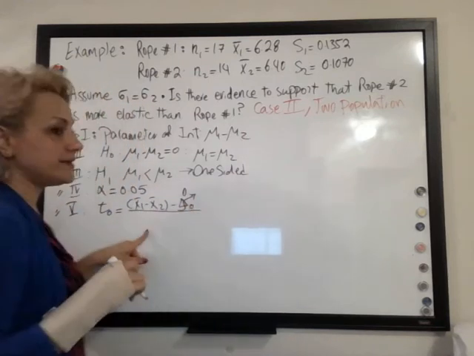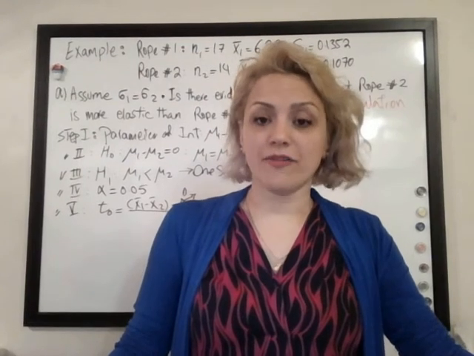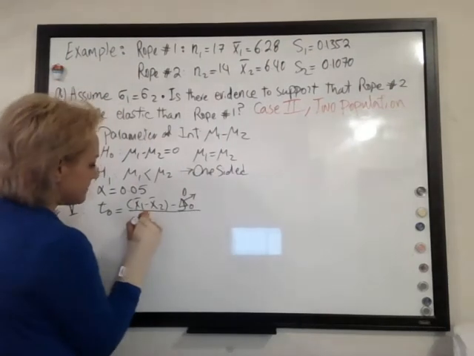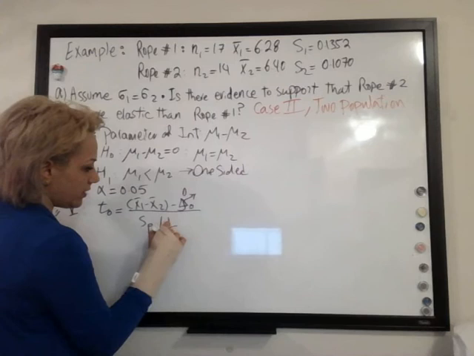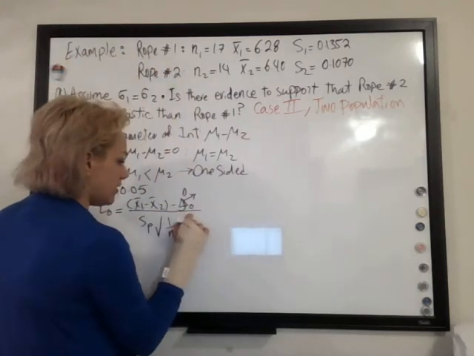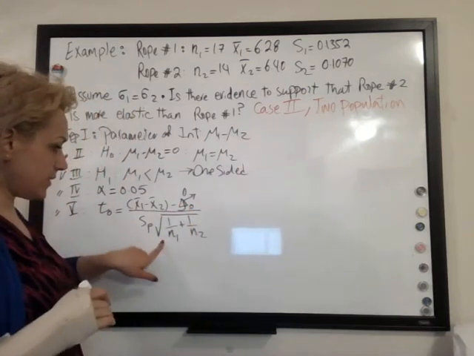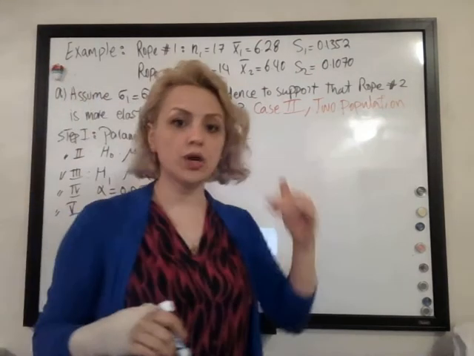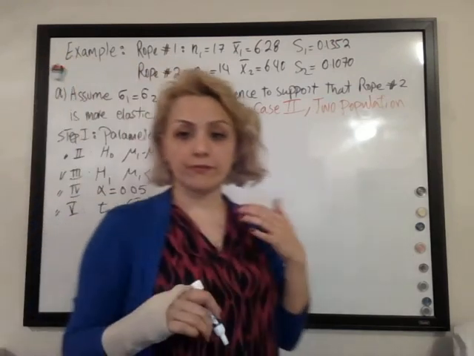Divided by the pooled estimate of the standard deviations. So it would be SP times 1 over N1 plus 1 over N2. You can put this SP under the square root as well. You can write the square root of SP squared times 1 over N1 plus 1 over N2. And then for finding out SP,